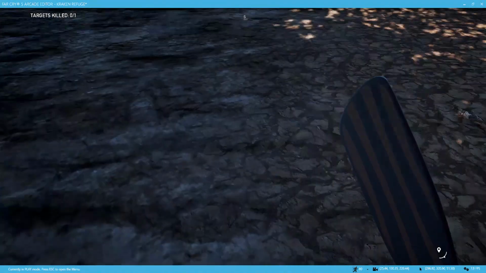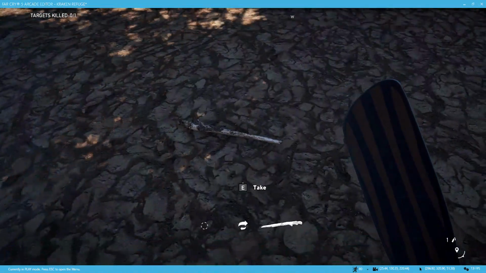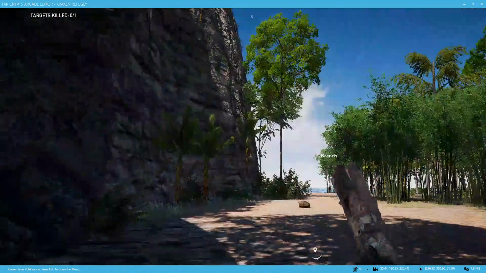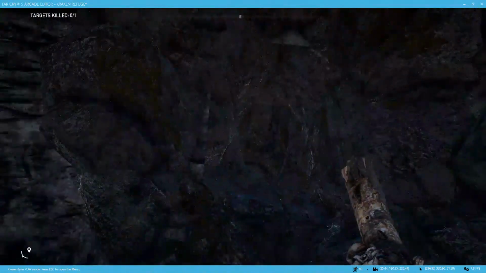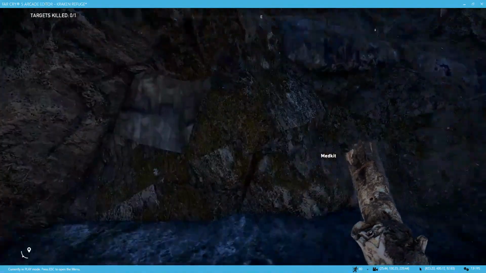Also too, there's a gun, I just seen it. It's right here. And it's a branch. So you slowly upgrade in this area. Also too, you can just mess around with the melee. Like I said, have fun with everything. I'm gonna go in this cave, pick up the med kit,